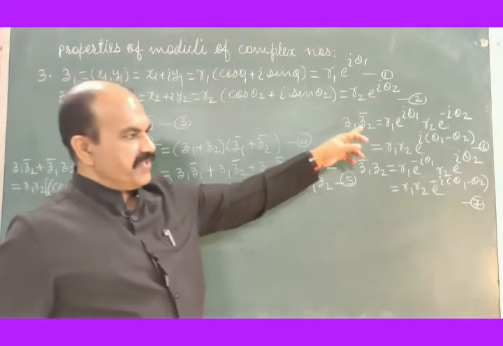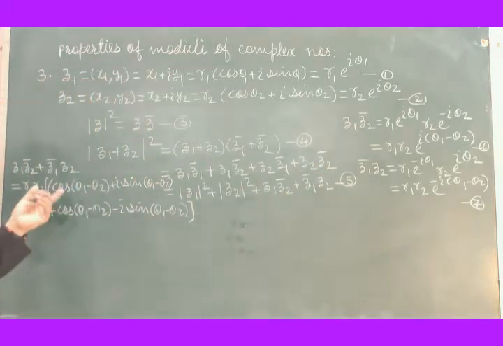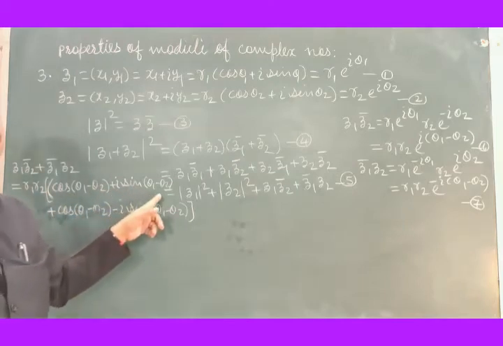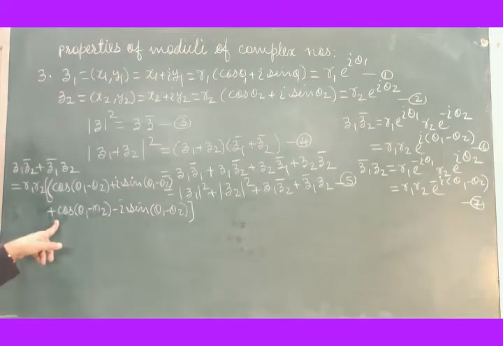While adding equations 6 and 7, R1 R2 taken common. In one bracket we have cos theta 1 minus theta 2 plus i sin theta 1 minus theta 2, plus